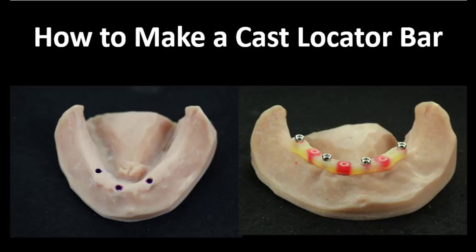parts of the process. And so with this, what I'm going to show you is how to wax this pattern up, how to get everything ready, and then just delegate off the casting of it to a laboratory, which again will save you a lot of money in the overall process and give you a little more control in your